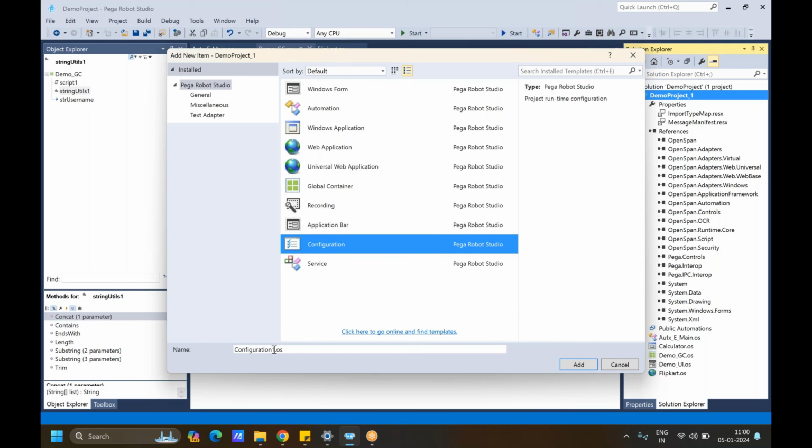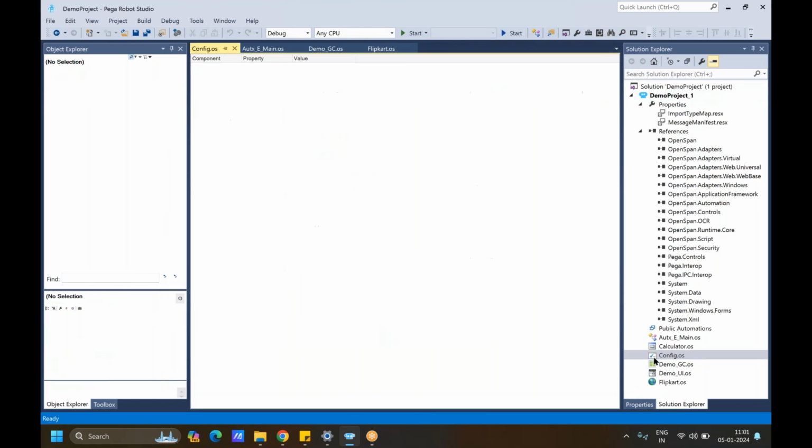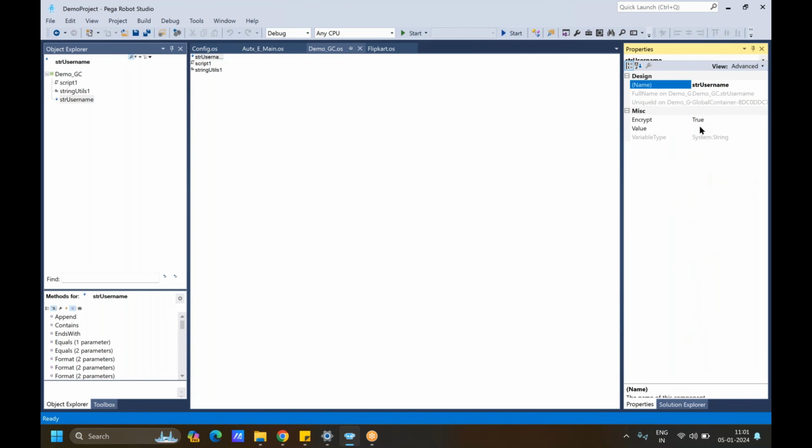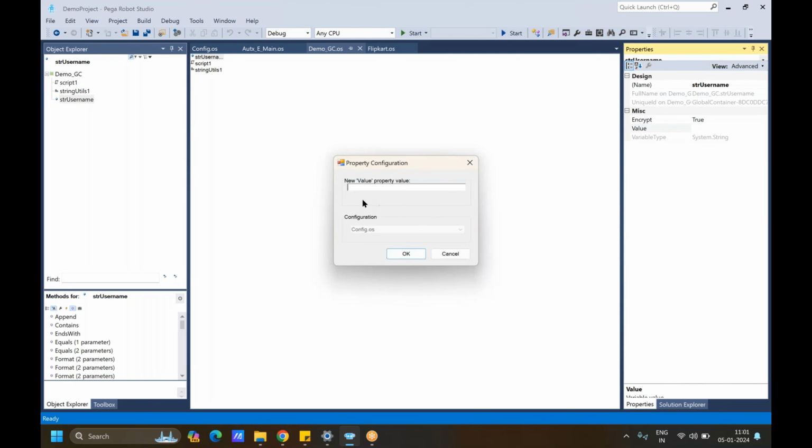So if you use config, just config you have to maintain. So it will add the config here. So here you can add, let's say you have a demo and it's a global container and you have this variable, and go to the properties, and here in the properties you have to right click, and in the right click you have to click on the configure, and here you can change, let's say username,